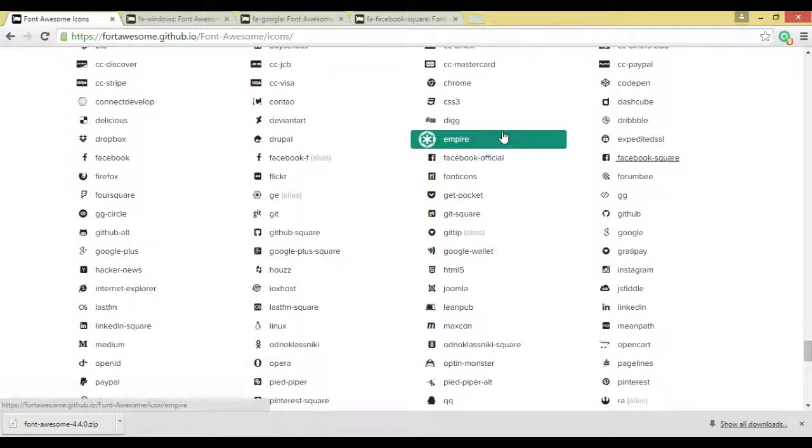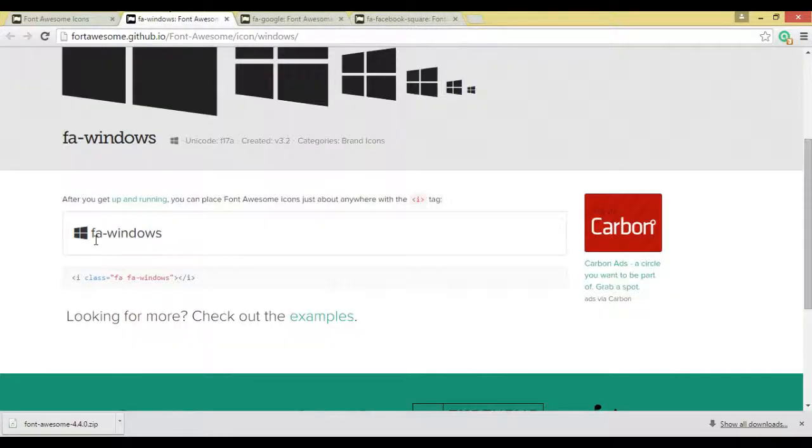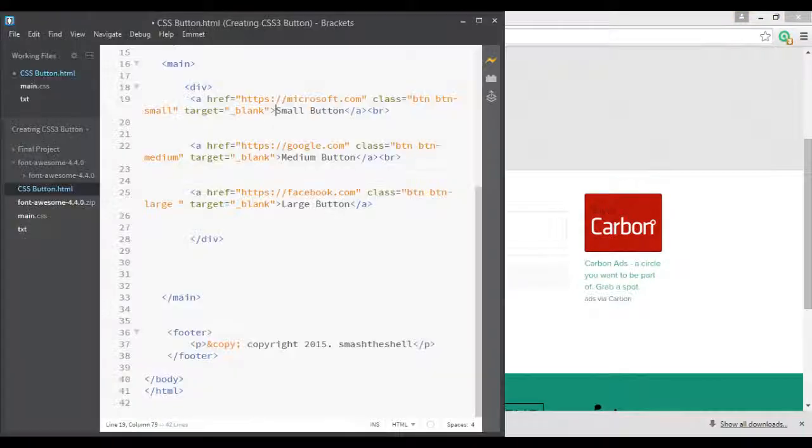Now we are going to grab the classes fa fa-windows for the Windows icon and include them in our button. Let's see how to do that. I am going to my HTML file, and inside this I am going to create an i element. So I'll write i and then apply some classes to this i element.